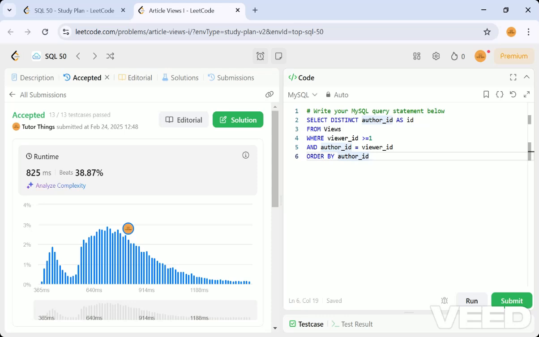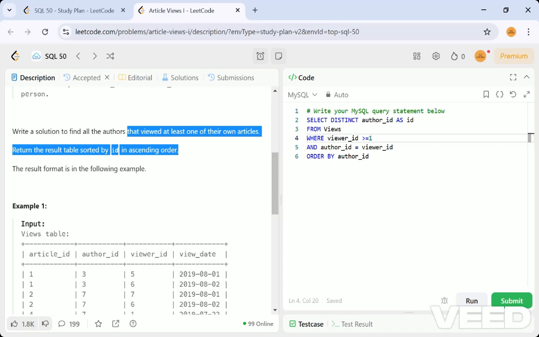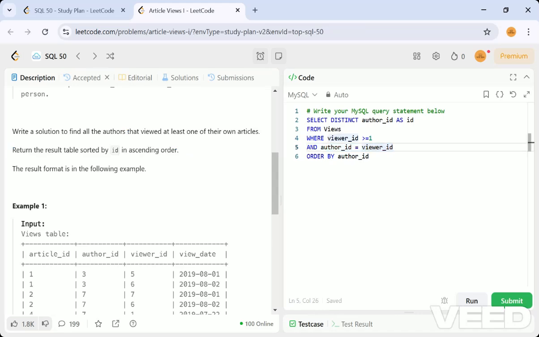You can add this condition, or without the id greater than one condition it is also satisfied. It is not for the at least one. Author id equal to viewer id is nothing but at least one time or any time. It always takes that condition, so no need to add anything extra for this statement.